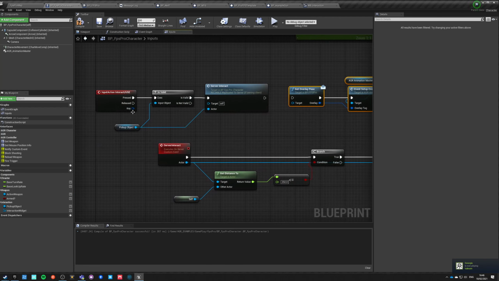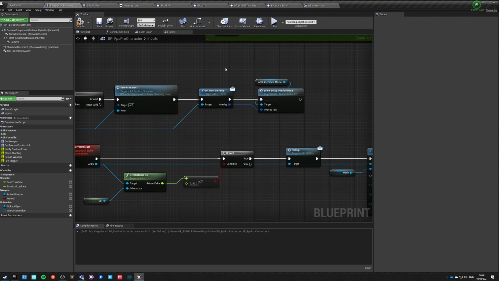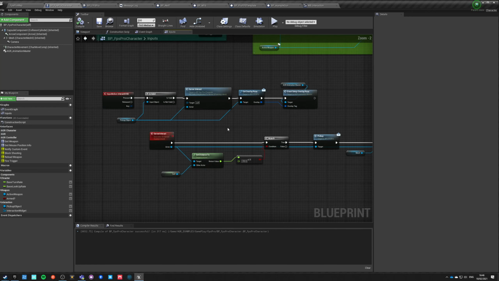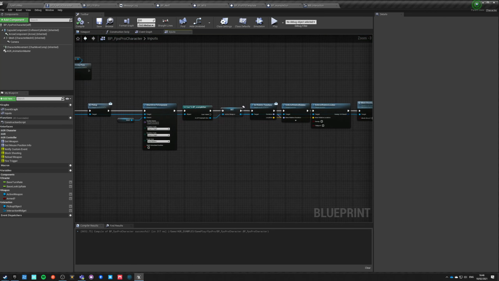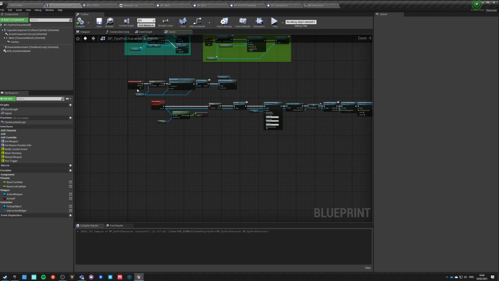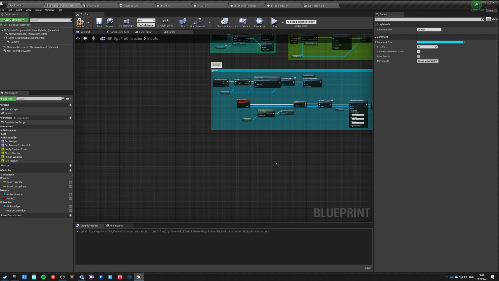So here, when we use this action, we're just pushing this. Okay, and that should be it. So this would be pickup.